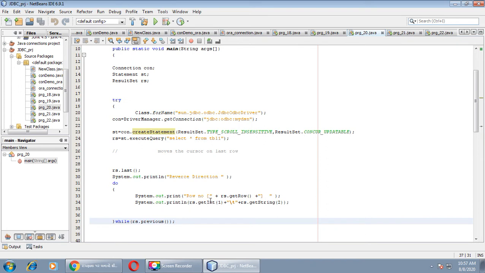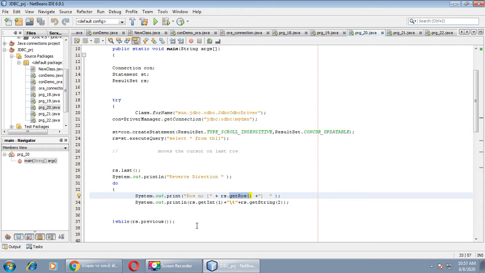I want to print the row number first. rs.getRow, this method will print the row number, and then System.out.println rs.getInt 1 and rs.getString 2, right? Index of the column that we have created in table 1.